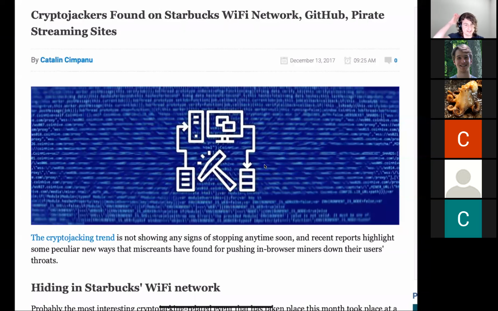So it's not necessarily that cryptocurrency mining is in itself cybercrime, but doing such a thing without the user's notice or authorization, you are stealing basically resources from them and stealing power from them. So how do you detect something like this? So you're the browser, you say, cryptojacking is a huge problem. How can we stop that?